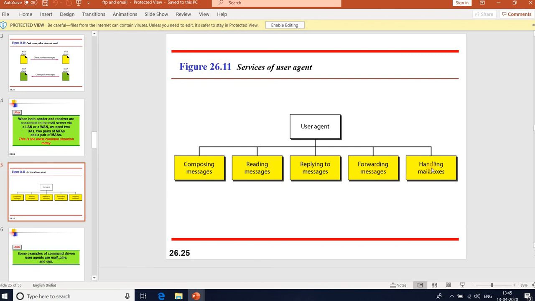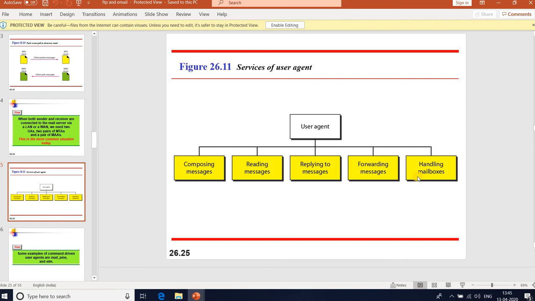What is a mailbox? There are normally two types of mailboxes: one is the inbox, one is the outbox. What is the inbox? The inbox keeps all received mails until they are deleted by the user. So you can see when you open your mail, you can see the inbox as well as the outbox. What is the outbox then?